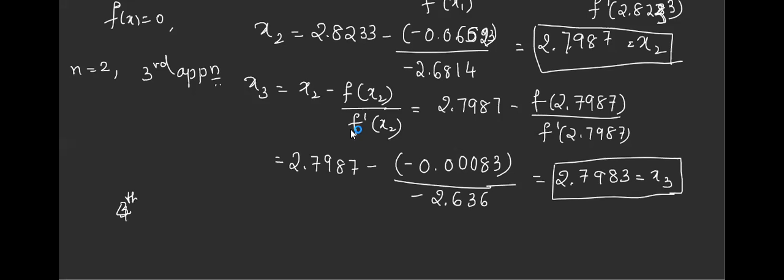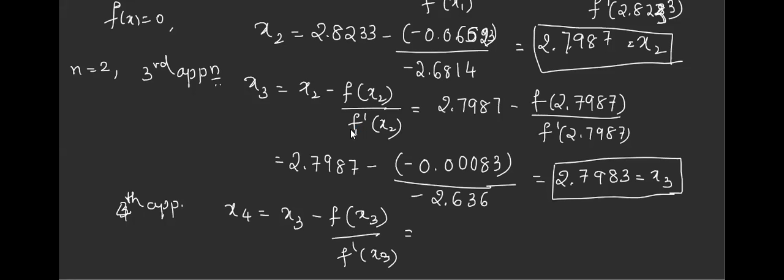Fourth approximation. Actually, the difference is very small, but let us take the fourth approximation. Sometimes they say to do it for 3 approximations, 3 iterations, so that time you can stop at the third. Here in this question they have not mentioned, so I'm doing till fourth. You know what to substitute and all that. You can write all that.